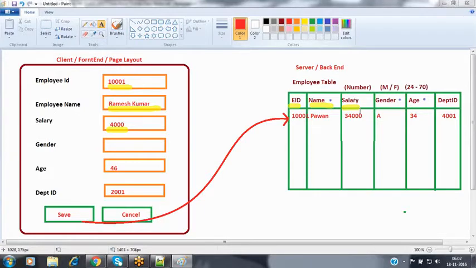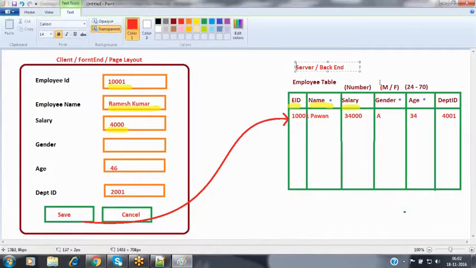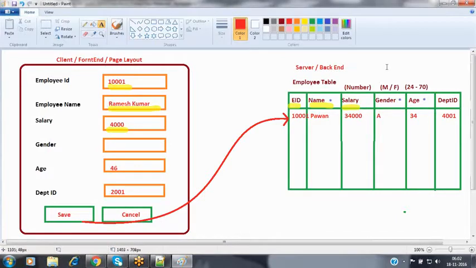So now in this kind of scenario, how can we validate the data? For that, they have given one more option. Not only validating the data at the browser level, we can validate the data at the server side also, nothing but at the backend. At the database level, at the table level, we can validate the data. Then how can we validate the data at the table level? Before inserting the record into the associated table, first of all, I want to validate the data.